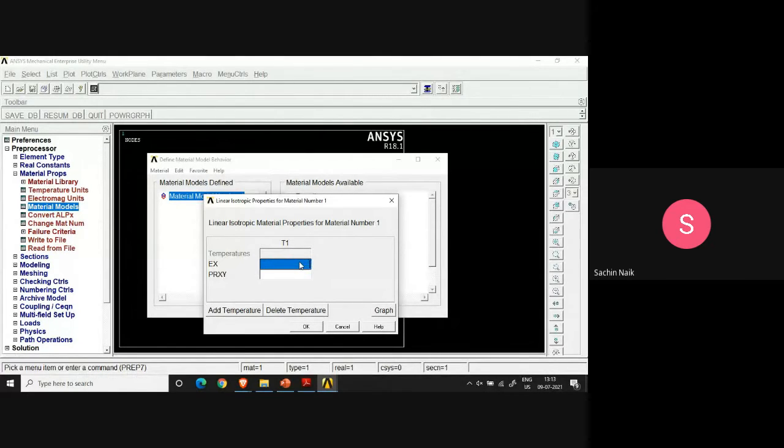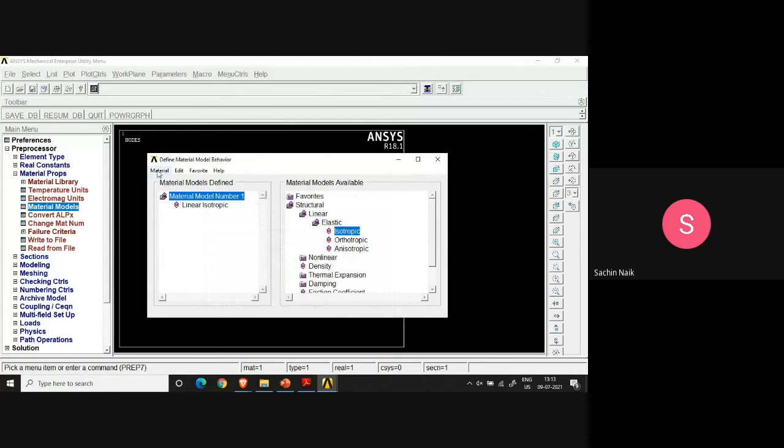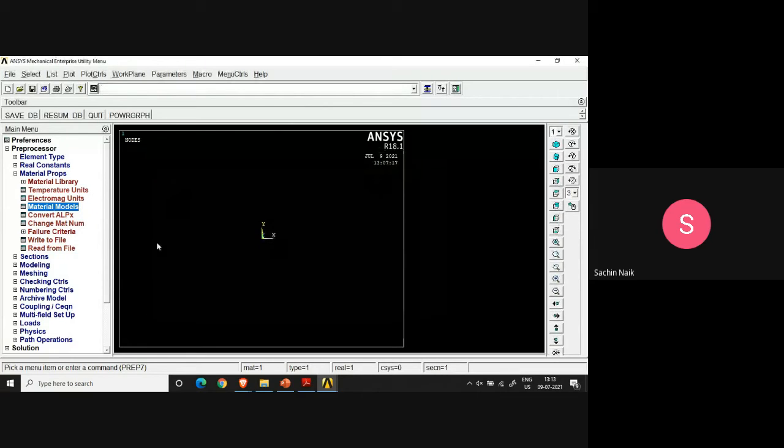We have decided to use the units in Newton per meter square, so I convert 200 gigapascal into Newton per meter square, and it becomes 2e11, or 200e9. That's the way it can be written. And you can see that the Poisson's ratio value PRXY can be written as 0.3, as mentioned in the problem statement, and your material definition is over. Therefore you can exit from the define material window. So your material is now defined.